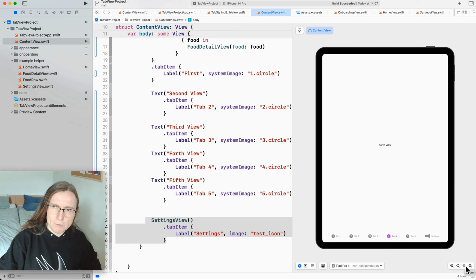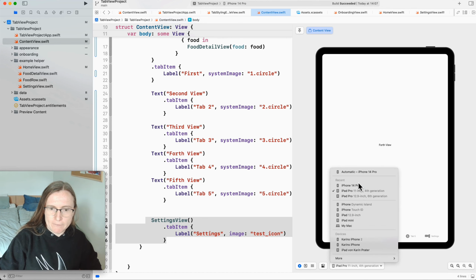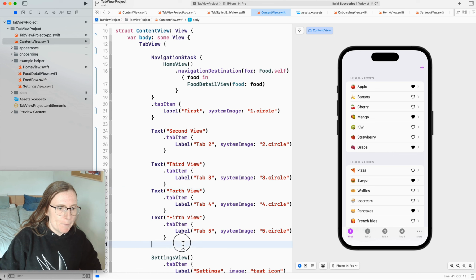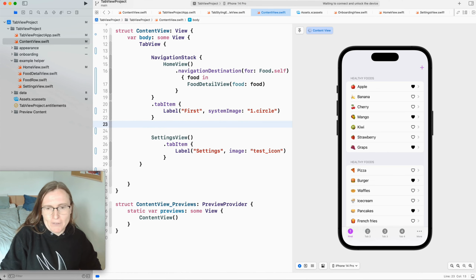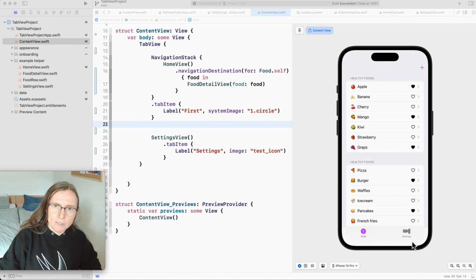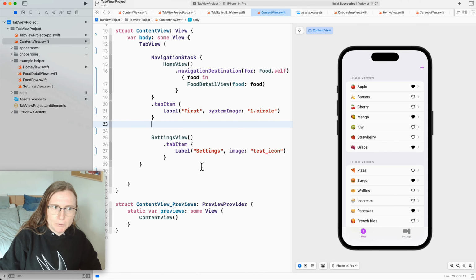Most of the time you probably wouldn't use a tab view for the iPad. A lot of the times they use the sidebar, so the navigation split view, but it's perfectly fine to also use a tab bar. Now I'm going back to only my 2 views because the other ones are just dummy ones. I already touched a little bit on the appearance, and now I'm going to show you how you can